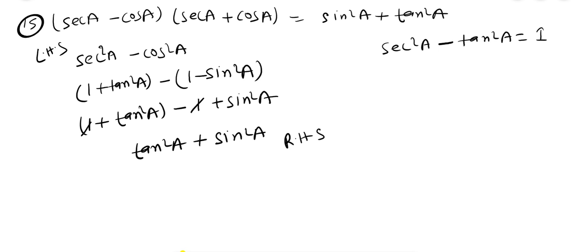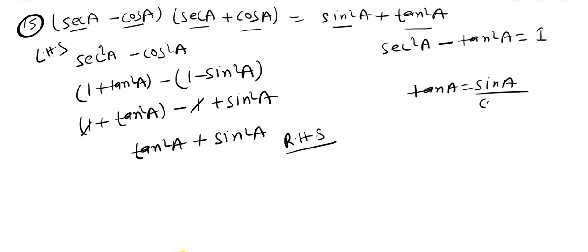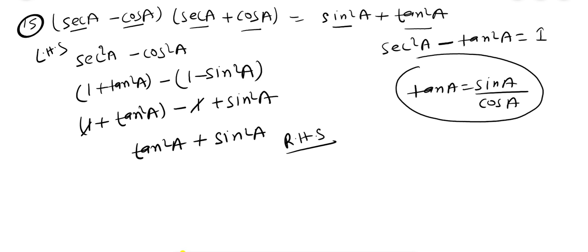So the very simple thing is, sec A cos A is here, sec A cos A is there, and here is sin and tan. You know that tan A is equal to sin A by cos A. So this is sin A by cos A. If you convert this sec into the cos form, and cos will come, then from cos you can come to the sin. It's not a problem. You can use this formula and solve this question.